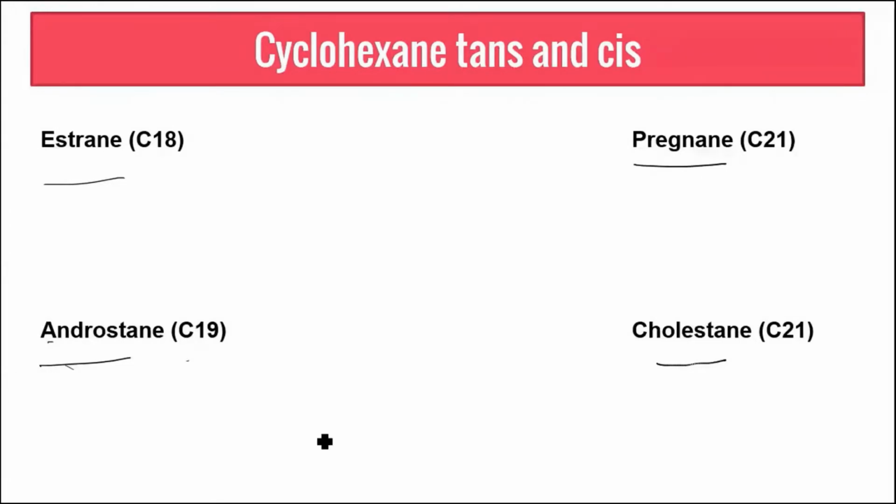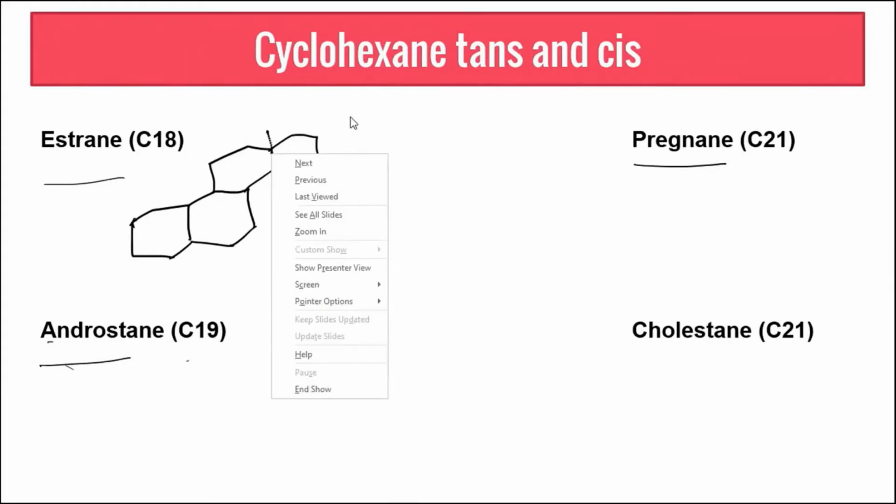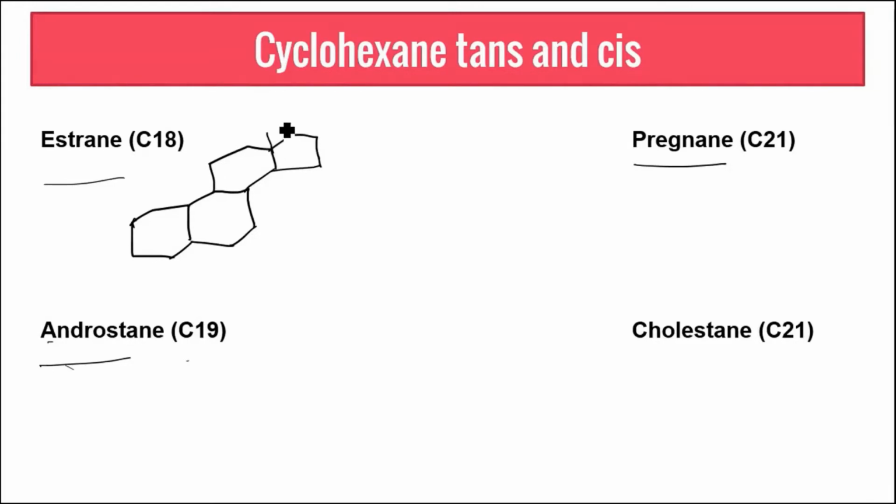C18 type of nucleus. So if I have to draw this, I hope you are all drawing along with me so that you practice the rings well. Remember, this chapter of steroids you will get only when you practice sufficiently. If you don't practice it well, you will not be able to draw the structures correctly. So estrane is when you have a C18. For now, I'm just drawing it as a bond. In the next lecture, as we develop the concept, I'll start drawing whether it is going above the plane or below the plane. And I expect you all to understand those as I draw them.